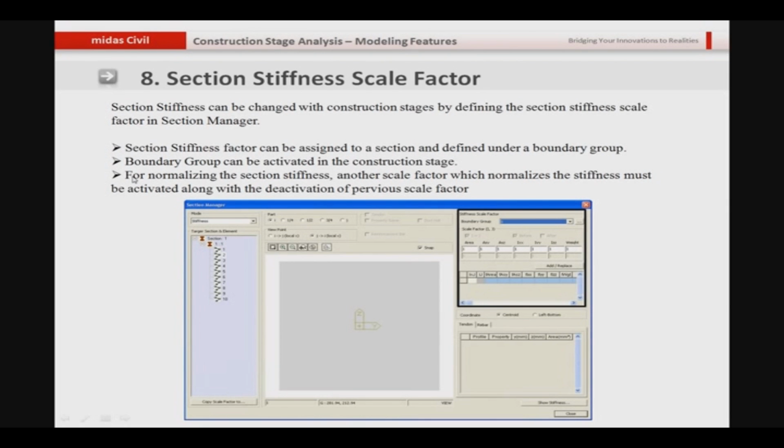The important part is, let's say you want to specify one more stiffness factor. For that, you should normalize the section stiffness first. And by normalizing, I mean that another scale factor which normalizes the stiffness must be activated along with the deactivation of the previous scale factor. So let's say we have applied a stiffness scale factor of 0.5 to the IYY, which